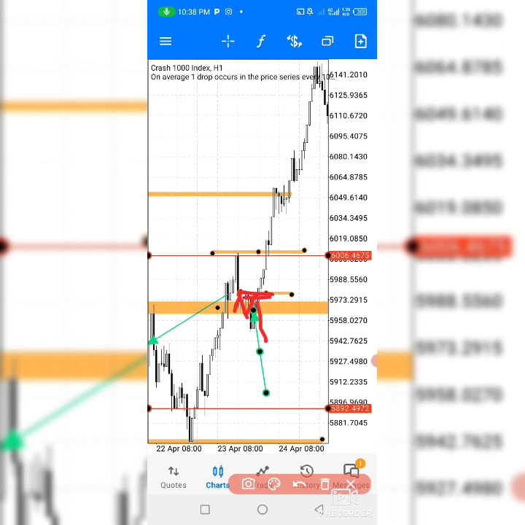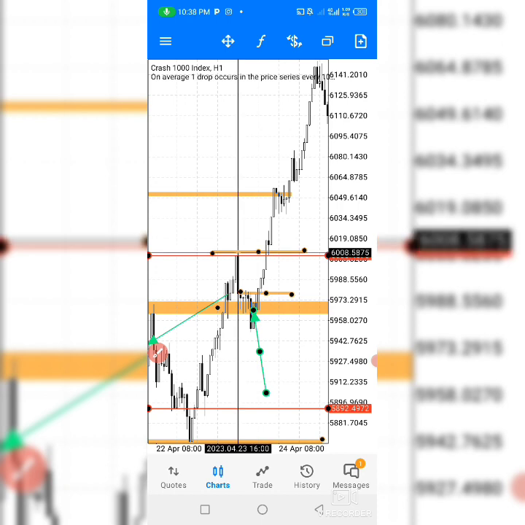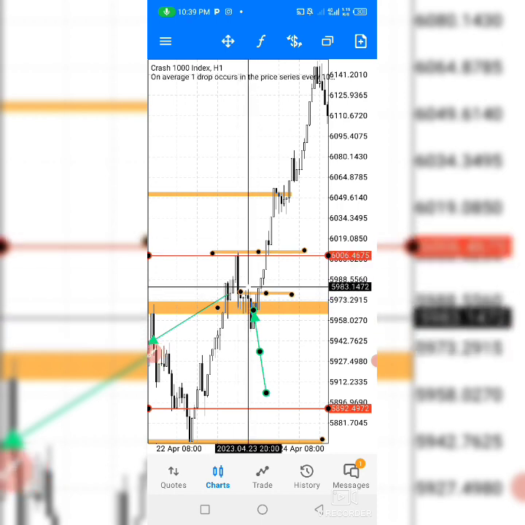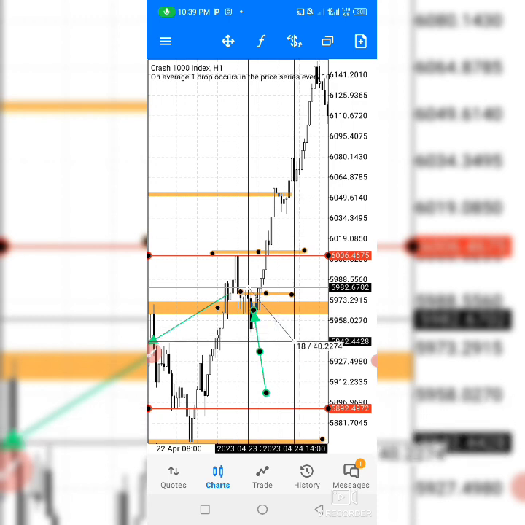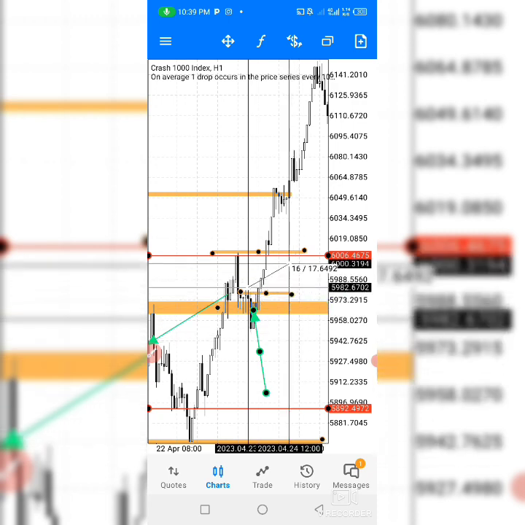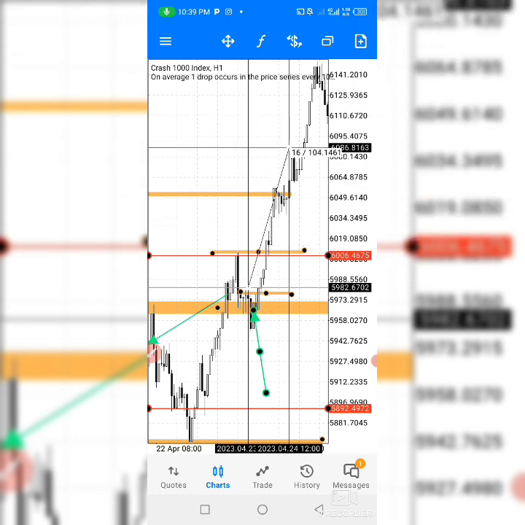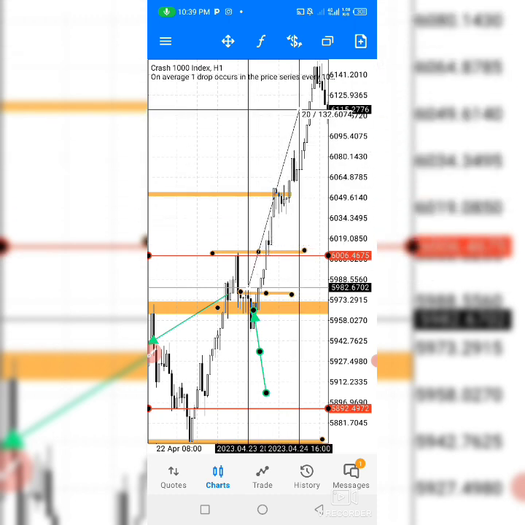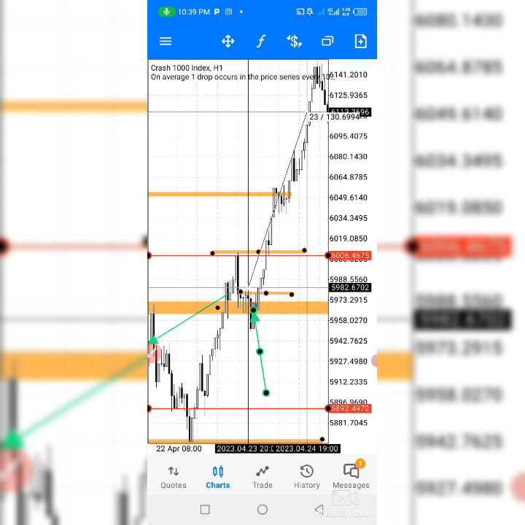Okay, are you seeing it? The M structure was broken. As soon as it is broken, if you are waiting for a candle to open and close above it, like this one, you are buying, remember. So you enter for a buy here and place your stop loss below here. We are risking 40 pips to target infinity. We are going to target up to at least 2 mirrors.